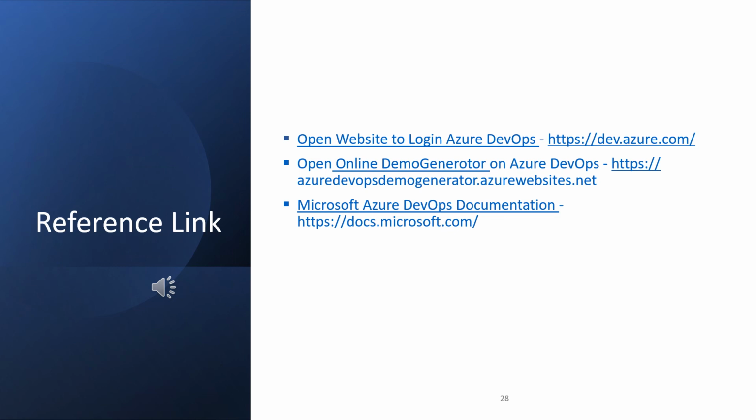The last link I have given is for Microsoft Azure DevOps documentation, where the entire Azure DevOps details and how we will work on Azure DevOps, all the documentation has been given there. So you can definitely explore this, and it is going to be very helpful.